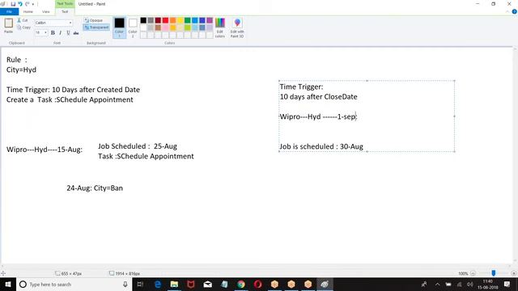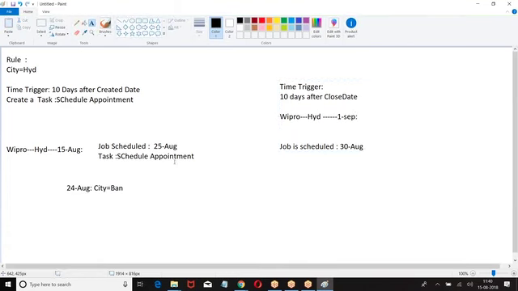Are you clear? So when you schedule any job, once again on the scheduled date, they are going to cross check the rule. Second thing, if you modify the values of the record, the job will be rescheduled. I hope you are good, right, boss? So these are the key points. Okay, next, last, outbound message. Last action is what? Outbound message.